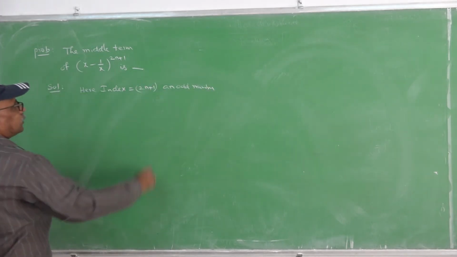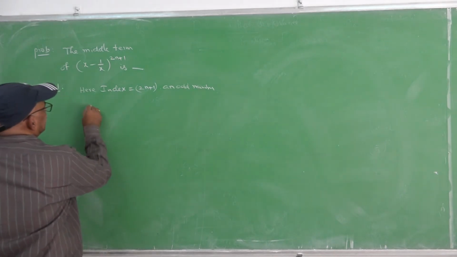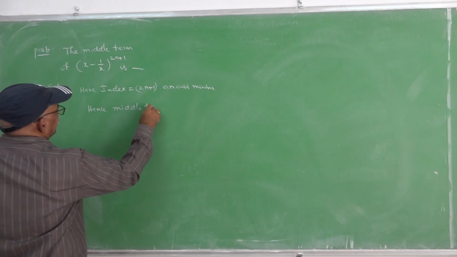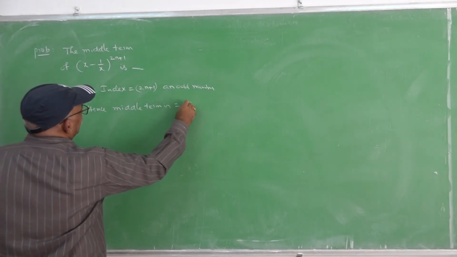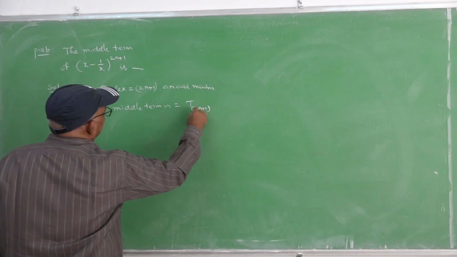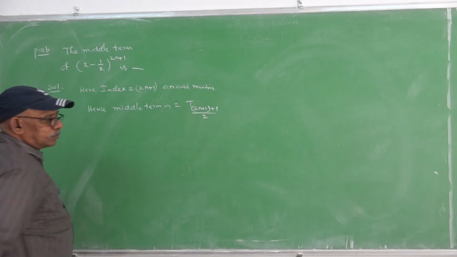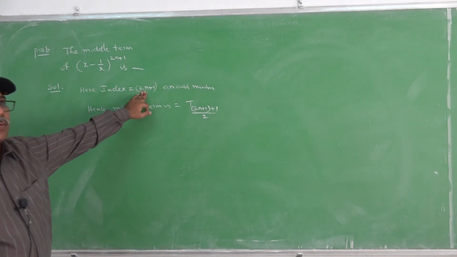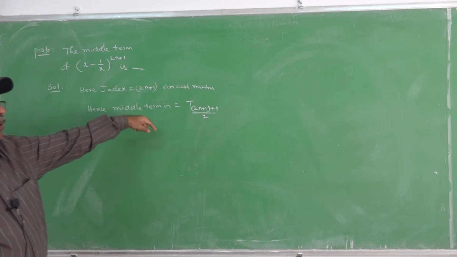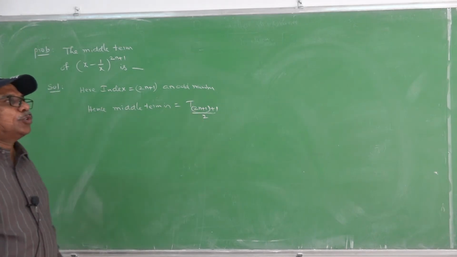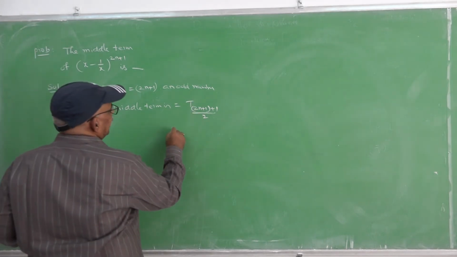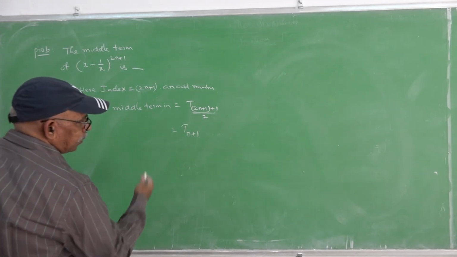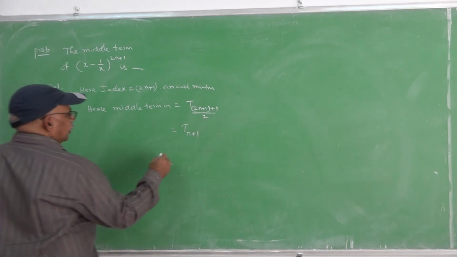Hence, the middle term is given by t 2n plus 1 by 2. Once the index is an odd number, the middle term is given by index plus 1 by 2. That gives us t n plus 1 itself,